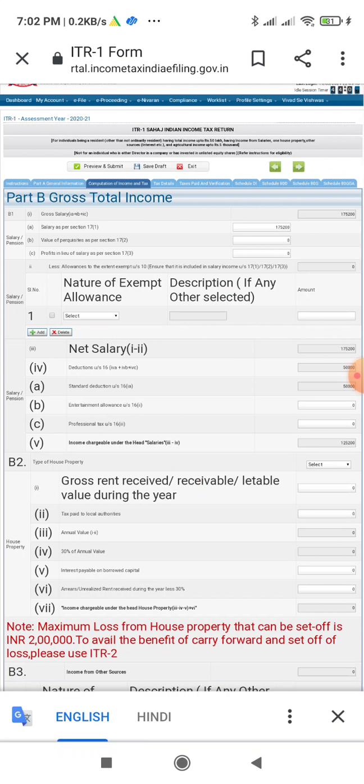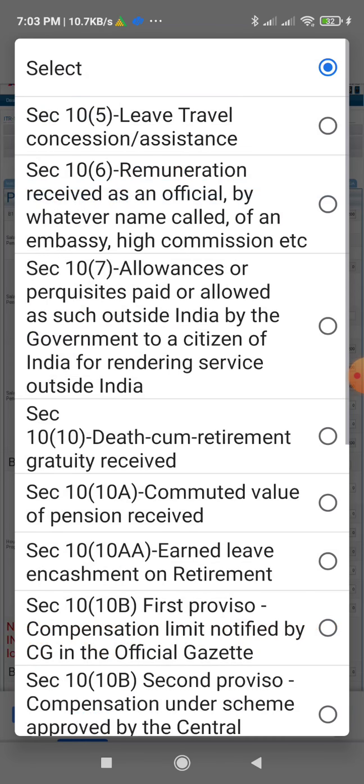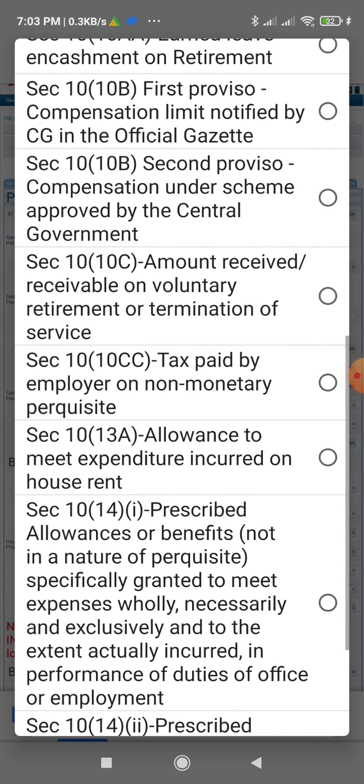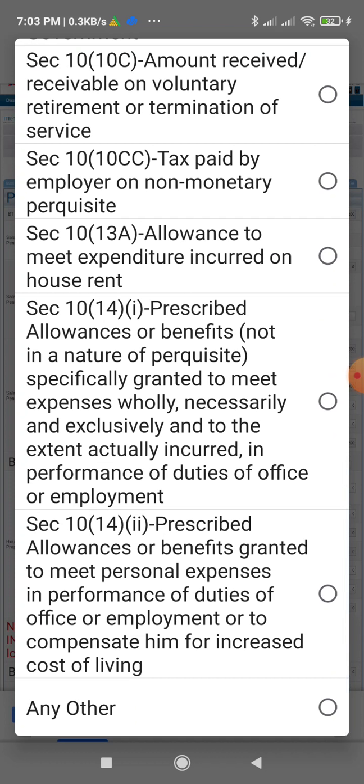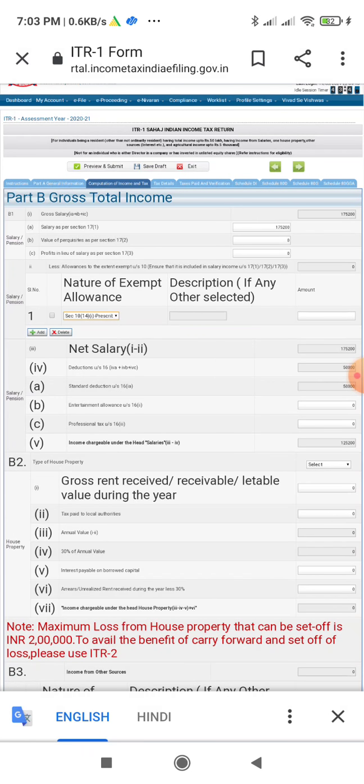After that, straight away we'll move to the next form, that is computation of income and tax. Here your income is displayed for the last financial year. Here we need to change only two things. Number one is nature of exempted allowances. We'll click on this button, scroll down and select section 10(14)(1).